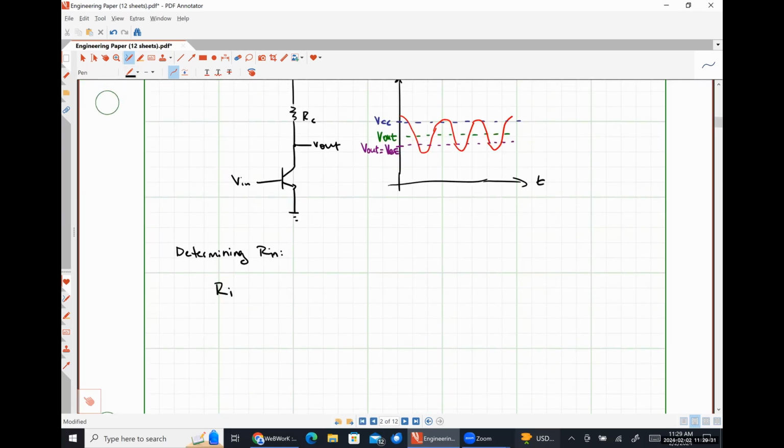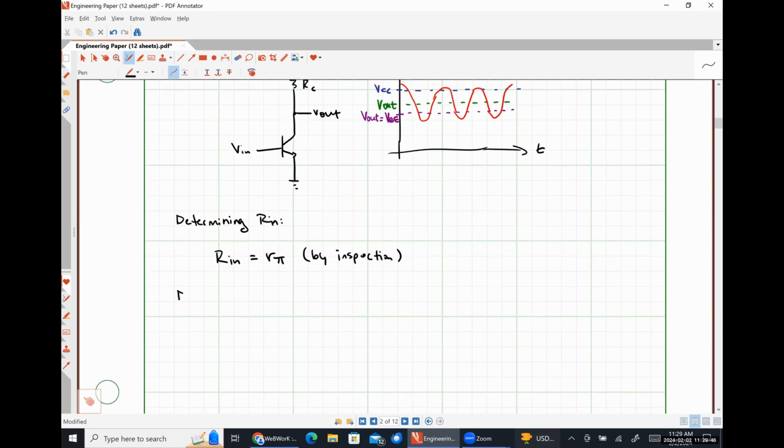So I'm just going to put R in is equal to R pi by inspection, because it really doesn't take a whole hell of a lot of math to figure that out. Now we will determine